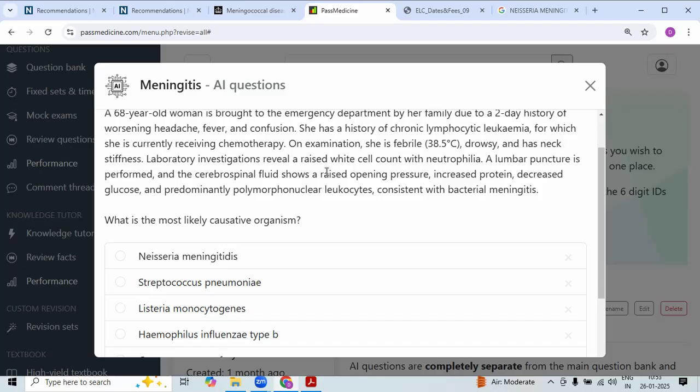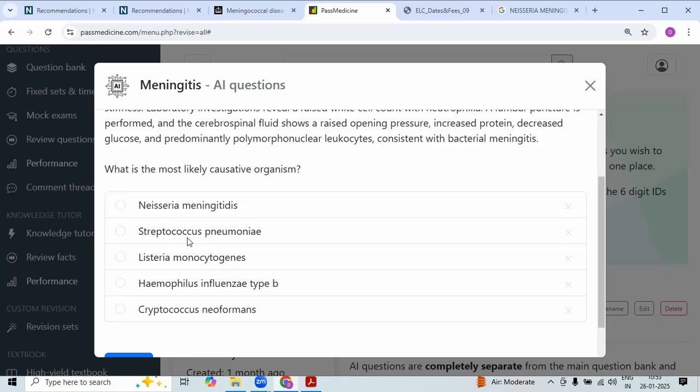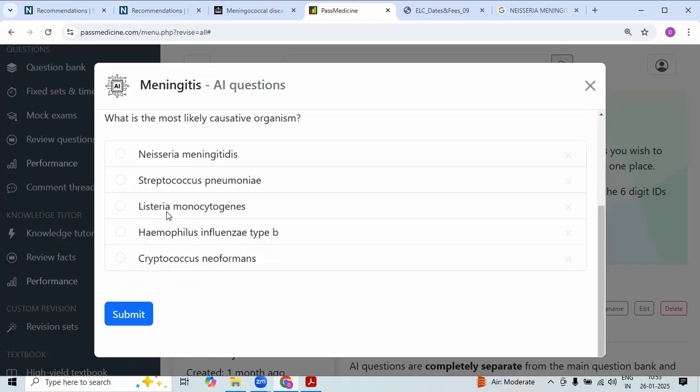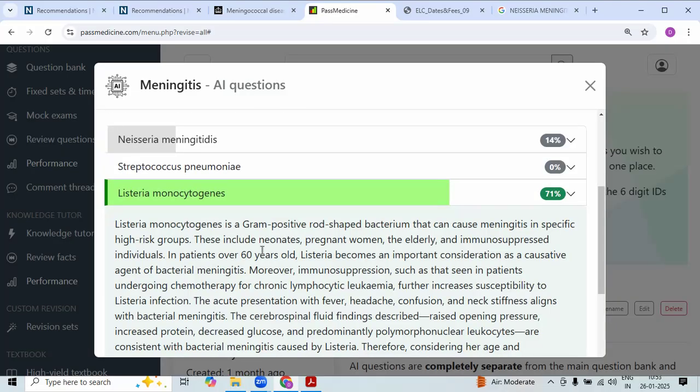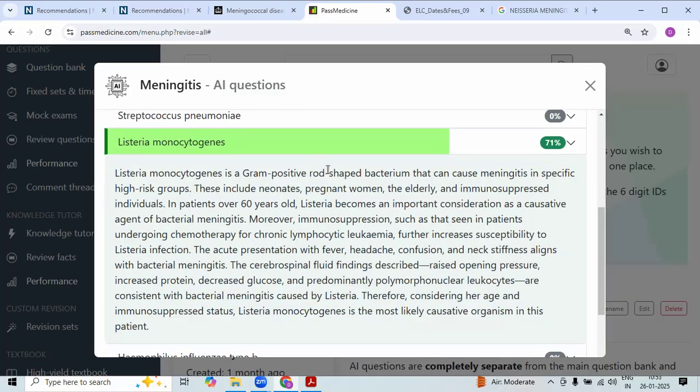And the LP shows raised opening pressure, increased protein, increased glucose, leukocytes, and polymorphonuclear leukocytes. So it can be any of these, but since she's immunocompromised and more than 60, it will most likely be Listeria monocytogenes. This is a gram-positive bacteria, and it should ring bells